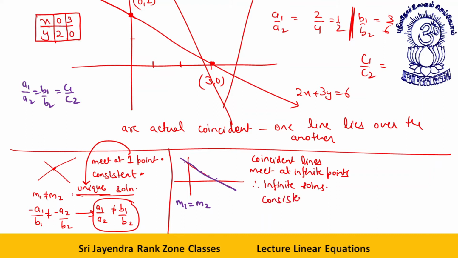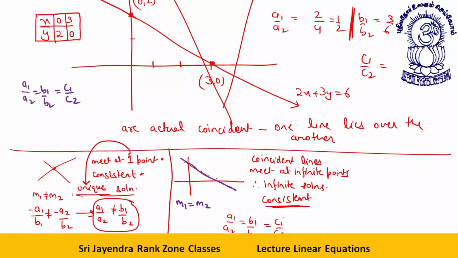If a line has one solution or many solutions, that is called consistent. They show some consistency, that is, somewhere they intersect, they agree with a common point, they agree with all the common points. This is called consistent. And what is the criteria for that? a1/a2 equal to b1/b2 equal to c1/c2.